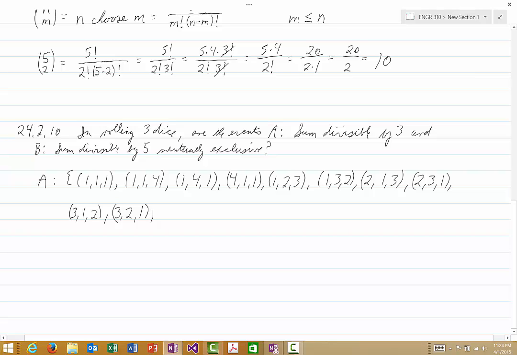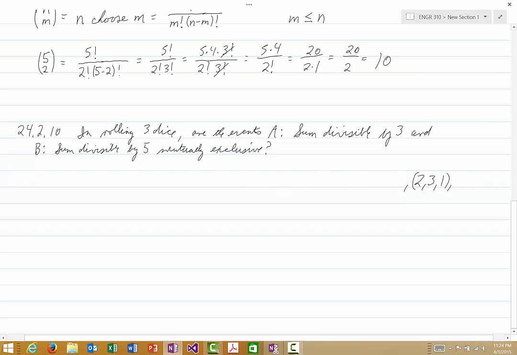And let's think about that. Is there a way that we could get 15? And of course, the answer is yes. Note that the outcome 5, 5, 5 gives 15. Now, this is not the only way we could get 15. We could also have 4, 5, 6, 4, 6, 5, 6, 5, 4, 6, 4, 5,